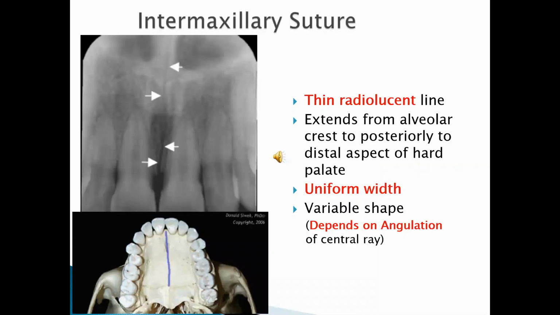The radiolucent landmark we were referring to in the previous slide is known as the intermaxillary suture, or simply the mid-palatine suture. Now this landmark extends anteriorly from the alveolar bone between the central incisors to the hard palate region. It usually has a uniform width. However, the path may not always be linear. There may be mild curvatures along the path. Also, it may not be seen in all radiographs.